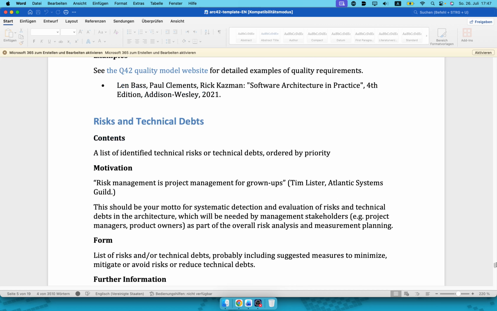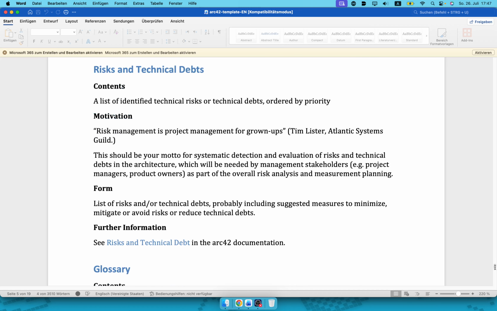The third part is the risk and technical debt. And I would say for enterprise architecture, risk analysis is one of the cornerstones and one of the topics that an architect excels in. What are the risks resulting from introducing this system? What are the potential problems that we are going to face in the future? Are we going to have any issues related to resource consumption in the cloud? Are we going to have any collaboration or cross-cutting issues with data privacy that need to be addressed in a sophisticated way? You list here the risks, the technical debts,